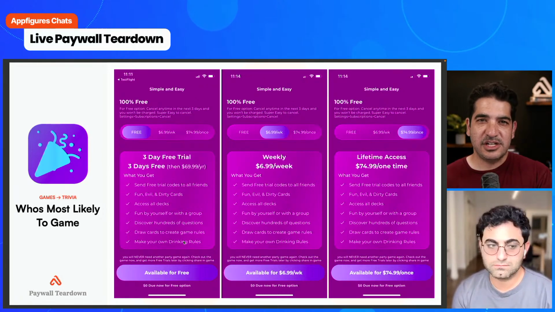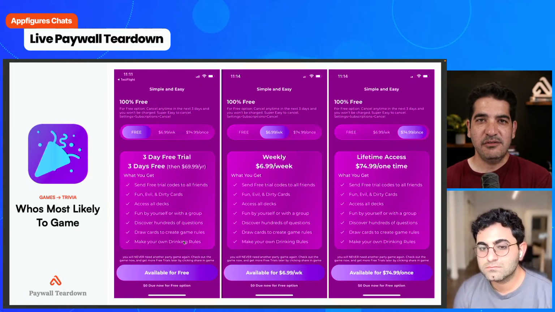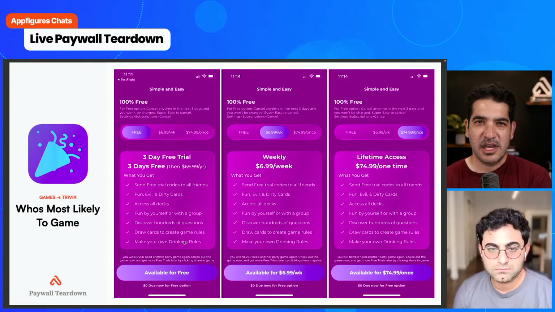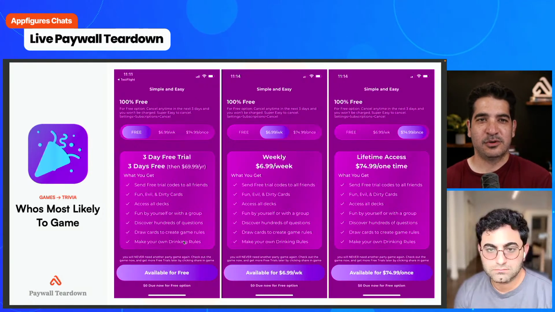But at the same time, I do understand the nuances, and that's why I would make it a little bit different. But in general, something in this that is kind of hurting my eyes is, one, the contrast is really killing my eyes. But two, there's just so much going on on the screen that I don't really know what I need to do. And I mean, it's obvious, there's only one CTA, and it says available for $6.99, available for $74.99. Available is not an actionable word to me. It's available. Great. Moving on.